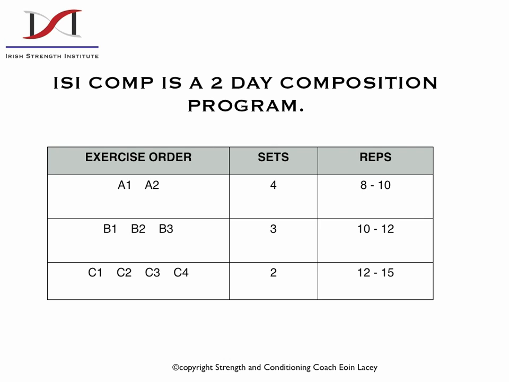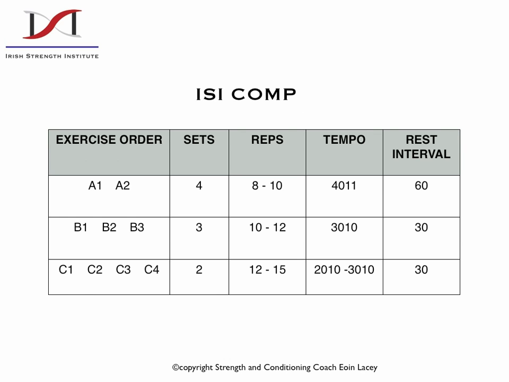Second, we move on to the B series. We have 3 sets here, and we give a bit of a higher repetition bracket, 10 to 12 repetitions. And we finish off in the C series, or smaller muscle groups, giving only 2 sets, but more repetitions, 12 to 15 repetitions. As we move on to the tempo prescription and rest interval, because of the bigger muscle groups